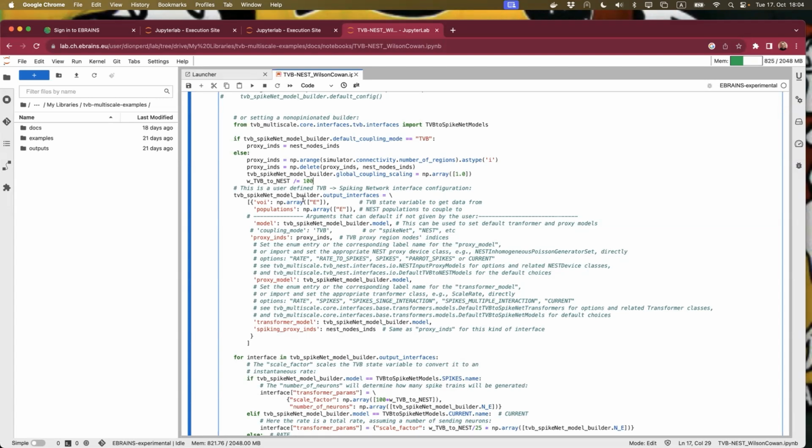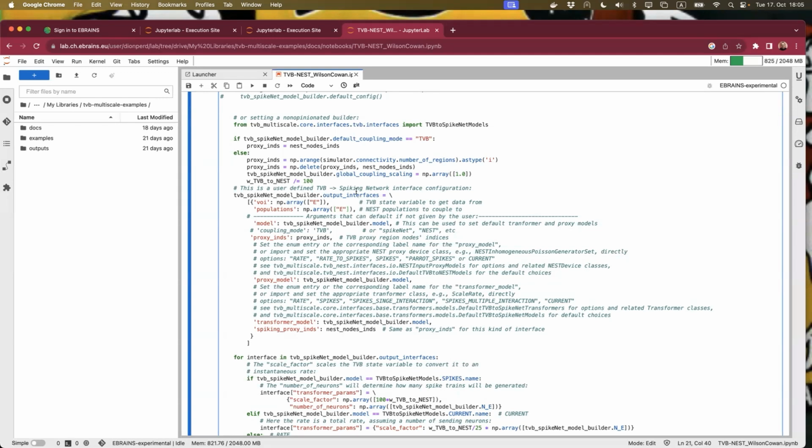Some others we can code with only 1 keyword, or we can go even into more detail in this configuration. So the minimum information is that we need to say that we want an interface from TVB to Nest, right? From the state variable of the excitatory population in TVB, and target